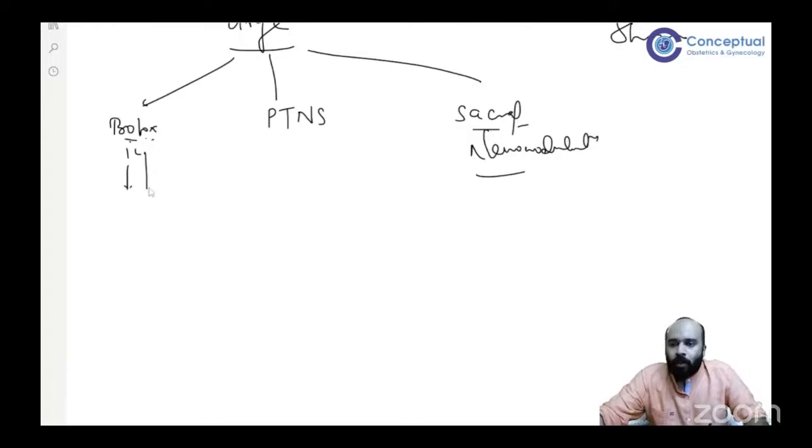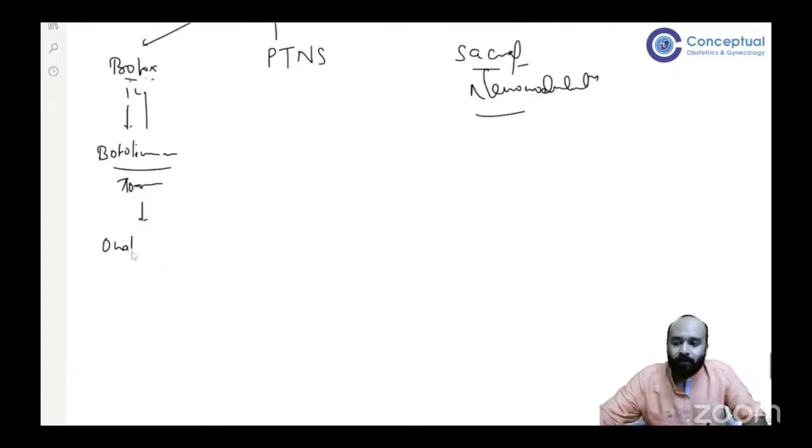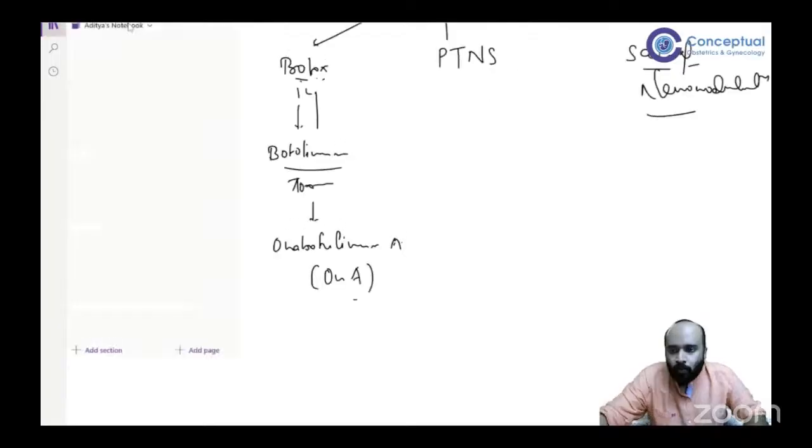Now, Botox injection. Botox, we have heard of botulinum toxin in cosmetics and dermatology. It is an anticholinergic agent, and the drug that we use is botulinum A. इसको short में ONAB बोलते हैं. So in this, what we do is,